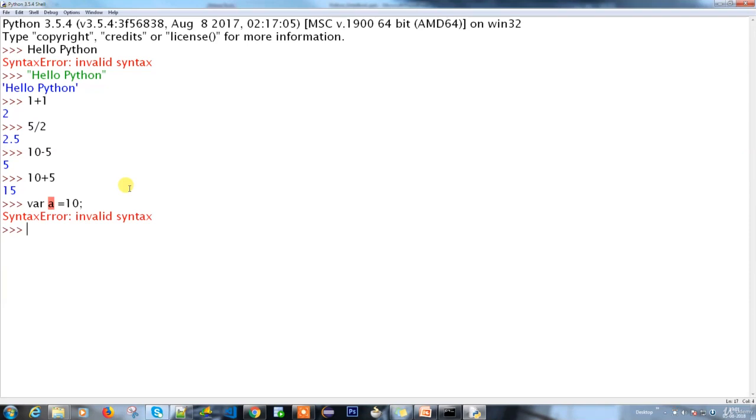Python comes with dynamic typing. So I can use a is equal to 10, and I can print a. This is a simple way of creating a variable in Python.